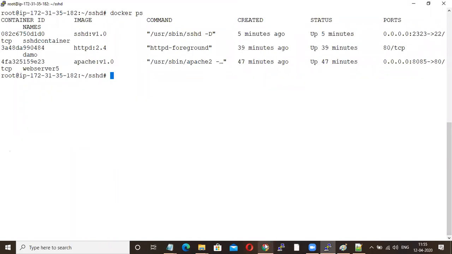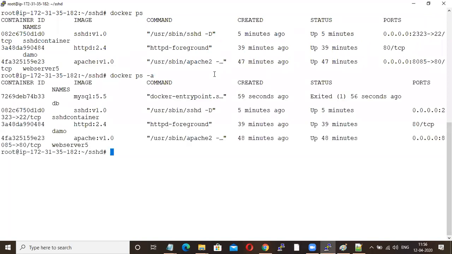How will you troubleshoot? docker ps -a. Great, correct. Gayatri from Navlu, good. So docker ps -a, and now if you see here, you are getting the exited state.